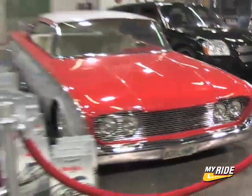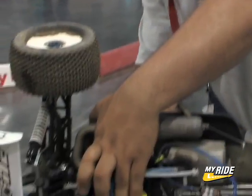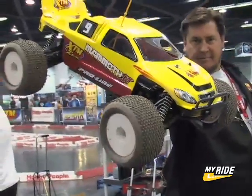Yeah, it's amazing. The radio control industry is crazy. I mean, it's one thing to buy a full-size car and get mods and all kinds of things for it, but you look at this show and there's every mod that you could possibly imagine for radio-controlled cars, from wheels to tires to suspension to...